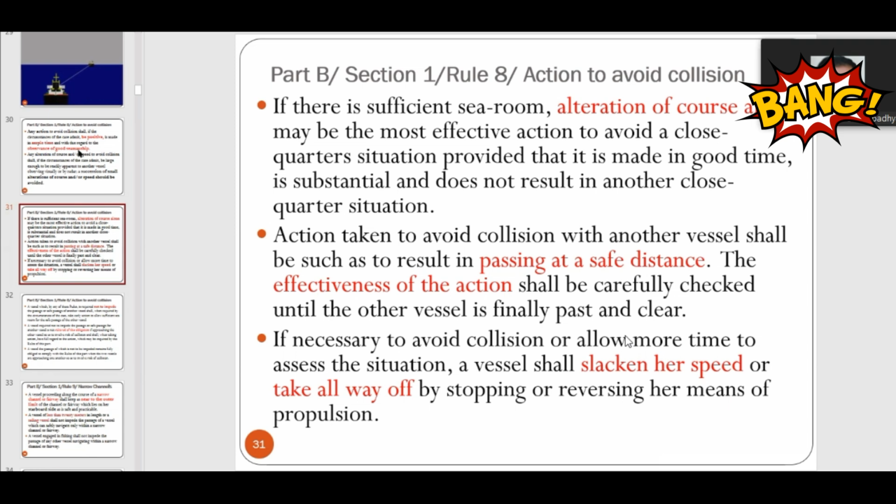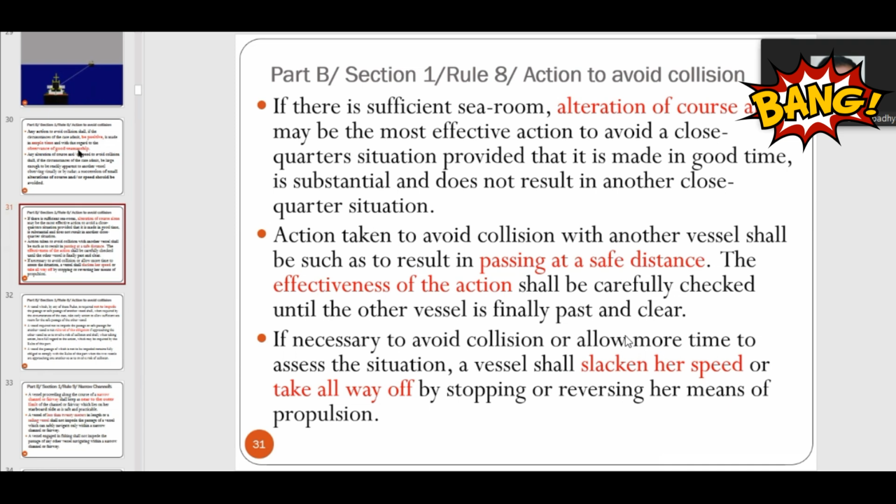But then you are vigilant, you're keeping a track. When you're keeping a track and checking all the vessels, basically whether risk of collision exists or not, you should not come to a situation where all of a sudden you see that there are 3, 4, 5 vessels. Never mind, but this is the first time. So from when you start seeing them, that means when you have started determining the risk of collision with all these vessels, the moment they are visible,